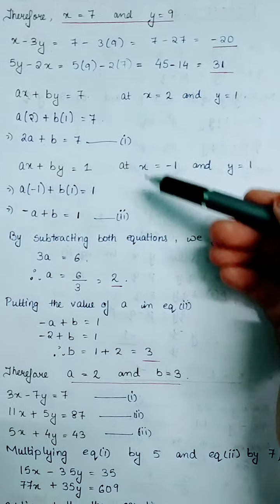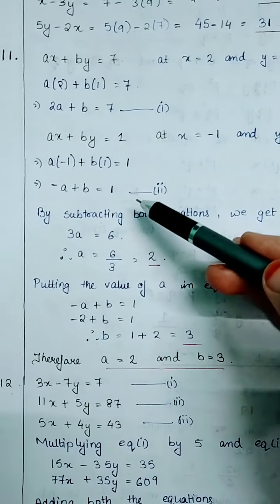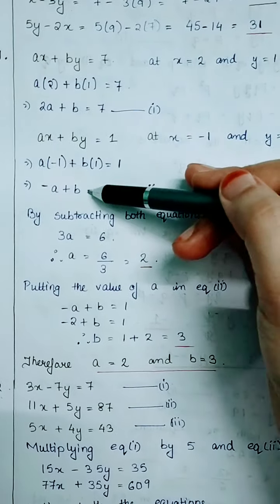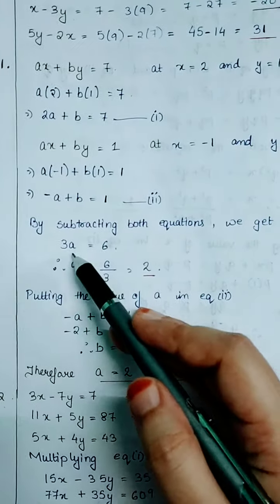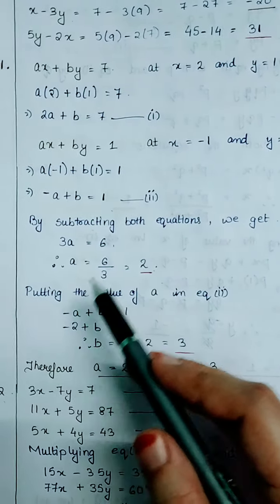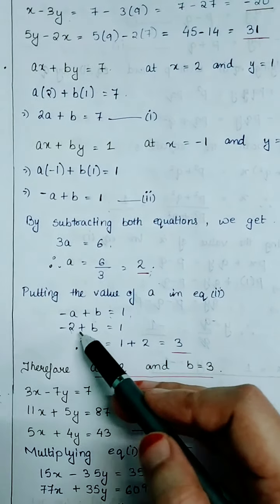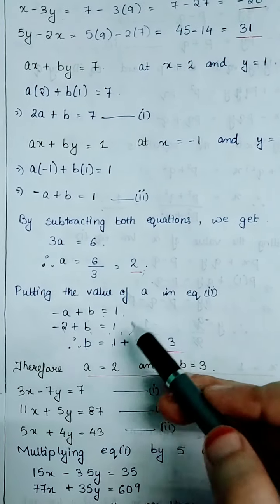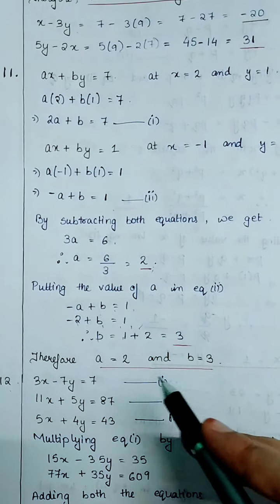Now we have equation 1 and equation 2. From here we'll get the values of a and b, again by applying the elimination method, because we can see that the coefficients of b in both are 1. So we will subtract both the equations. We get 2a minus minus a, that is 3a, and 7 minus 1, that is 6. So a is equal to 6 upon 3, that is 2. Now after getting the value of a, we can get the value of b. Minus a plus b is equal to 1, so minus 2 plus b is equal to 1. This will be shifted to the right hand side, so b becomes 1 plus 2, that is equal to 3. So we have got a is equal to 2 and b is equal to 3.